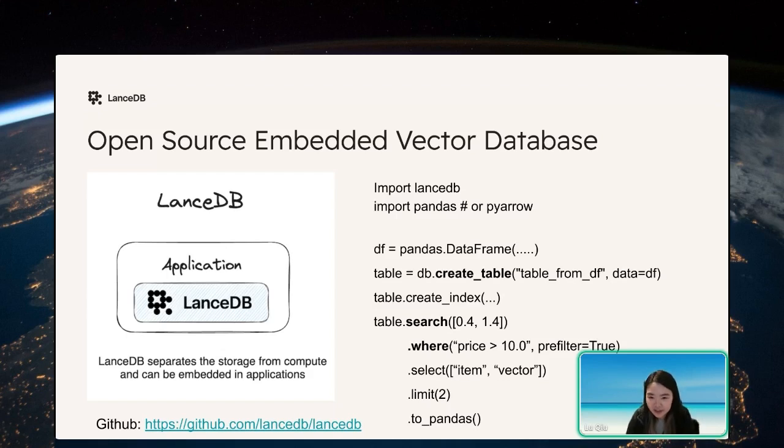It is basically serverless. You just need to import LanceDB, create a table, create the index, and do your search. It can be pretty lightweight because the data and index information is stored on the cloud storage directly, and here we just handle the search workloads.